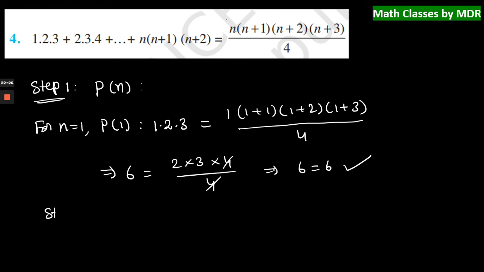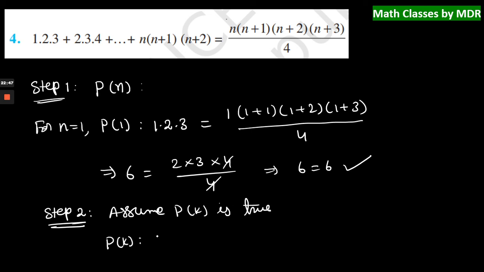Now let's check step 2. When P of 1 is true, what is step 2? In step 2, we assume that P of k is true. What is P of k? P of k can be written as 1 into 2 into 3 plus 2 into 3 into 4 plus and so on, plus k into k plus 1 into k plus 2,